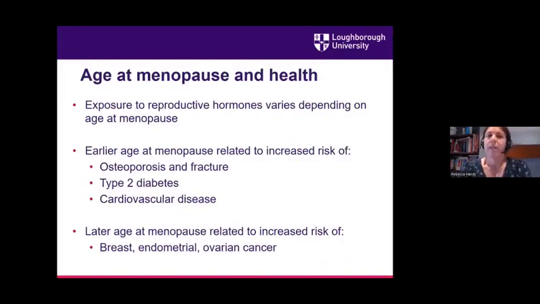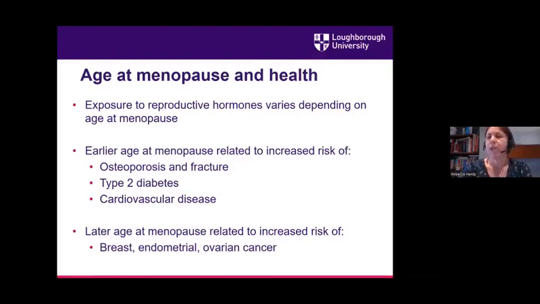So if we think that exposure to these reproductive hormones is protective for many later life health outcomes, then exposure to these reproductive hormones clearly varies across women themselves, and it varies therefore depending on age at menopause. So if we have an over 10-year difference in the age that a woman reaches the menopause, then the cumulative exposure over the life course is going to vary. So we can get insight into the impact of reproductive hormone exposure on health by studying how age at menopause